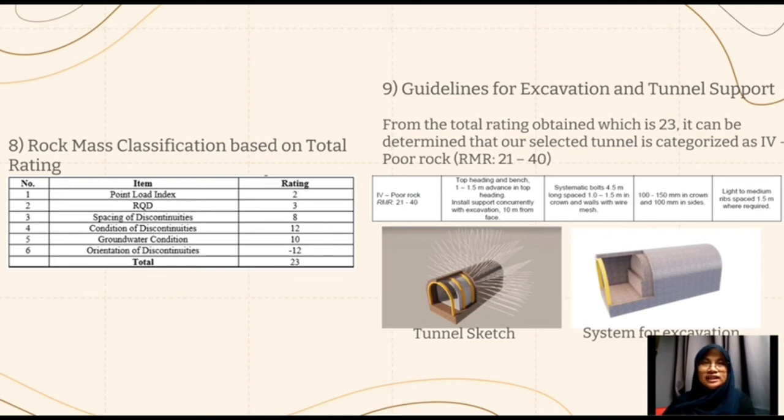Last but not least, the guidelines for excavation and tunnel support. From the total rating, which is 23, it can be determined that our selected tunnel is categorized as class 4, which is poor rock. The RMR value is 21 to 40. In order to propose an excavation and support system in the tunnel, the total rating from the RMR value can be used